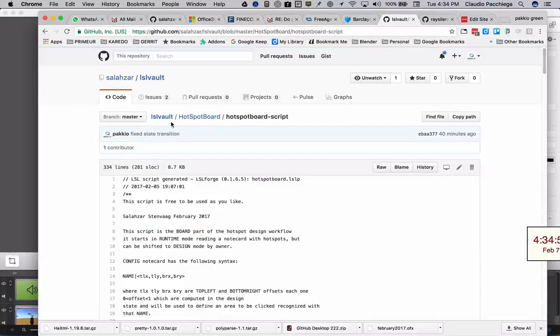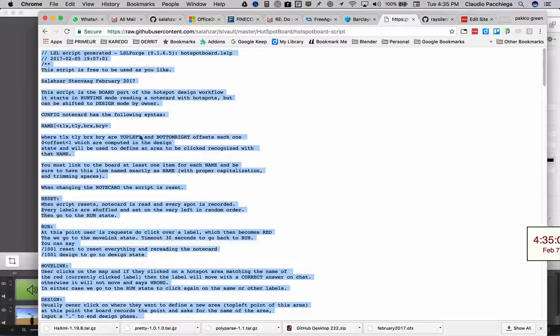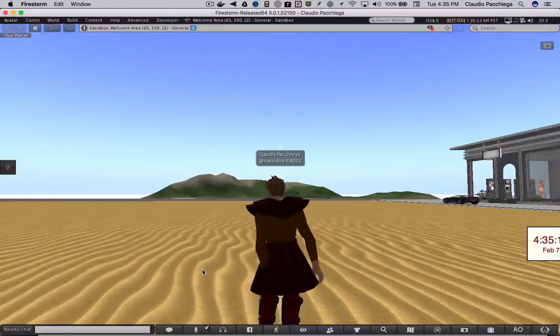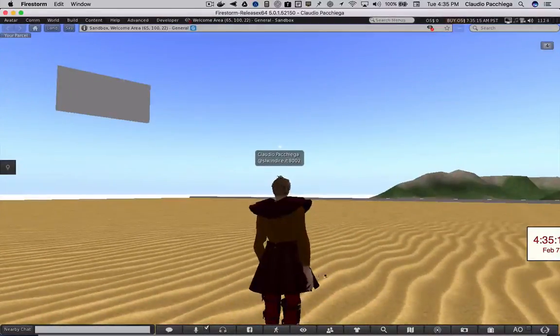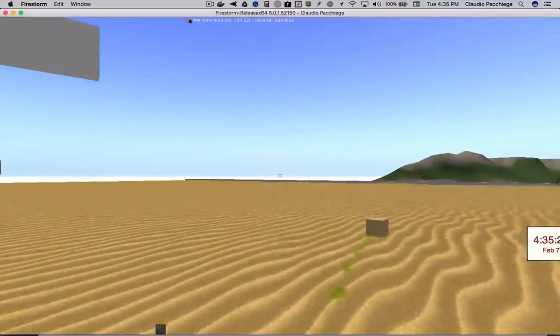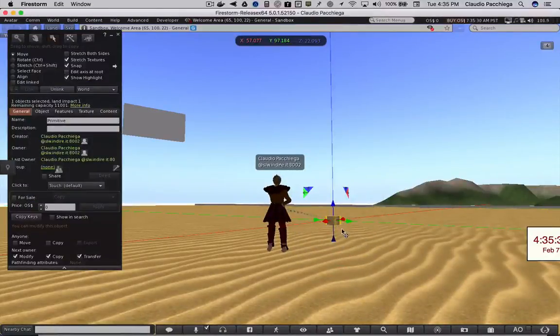In this script, just click on raw, and you can select and copy everything, and then go to your virtual world, which is OpenSim, and here you should create a box. So create something like this, and be sure that you build it as